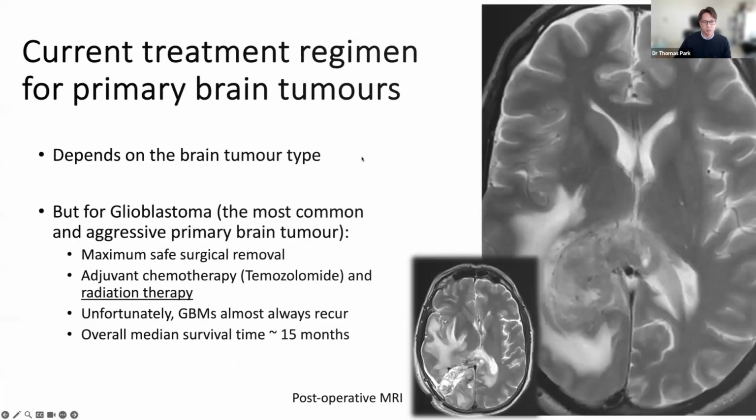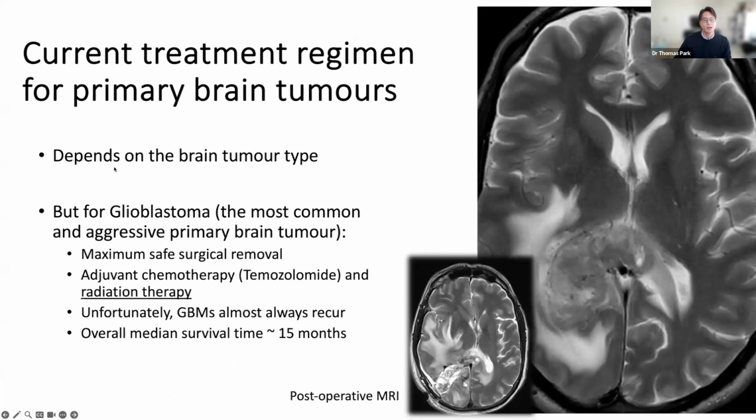What are the current treatment regimens for these? It really depends on the brain tumor type. There are over 100 different brain tumor categories, so they are all slightly different. And clinicians that work with brain tumors or treat brain tumors will have their protocols based on the tumor type. But for glioblastoma, which is one of the main tumors that we'll cover, which is also the most common and aggressive type, as I mentioned,